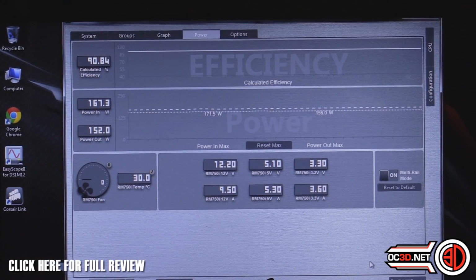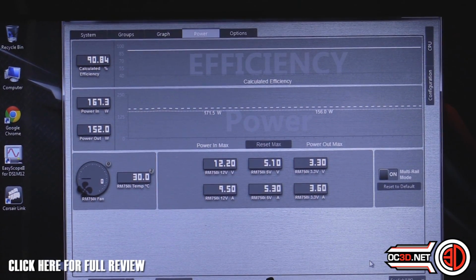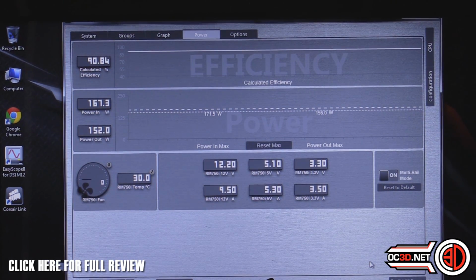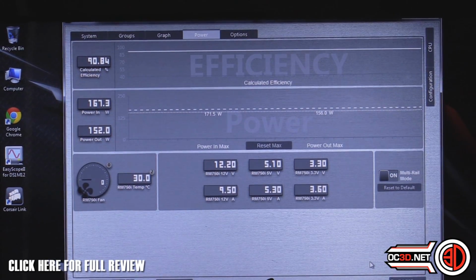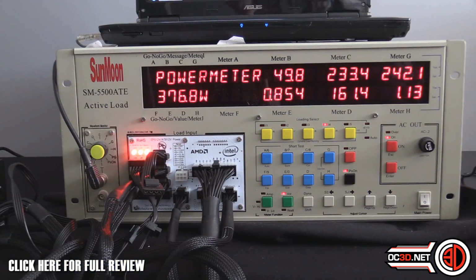So onto Link then, we can see that we're pulling, it's saying 152 watts. We're actually pulling about 151 just under. So again, within about a watt there. We're actually pulling 168 from the wall, and this one saying 167.3. So again, within like a watt. So that's pretty good. The efficiency is saying 90.84, and we're actually on 90 dead. So it's again within a percent. So that's absolutely spot on. It's actually really close. If we go up to 50%,